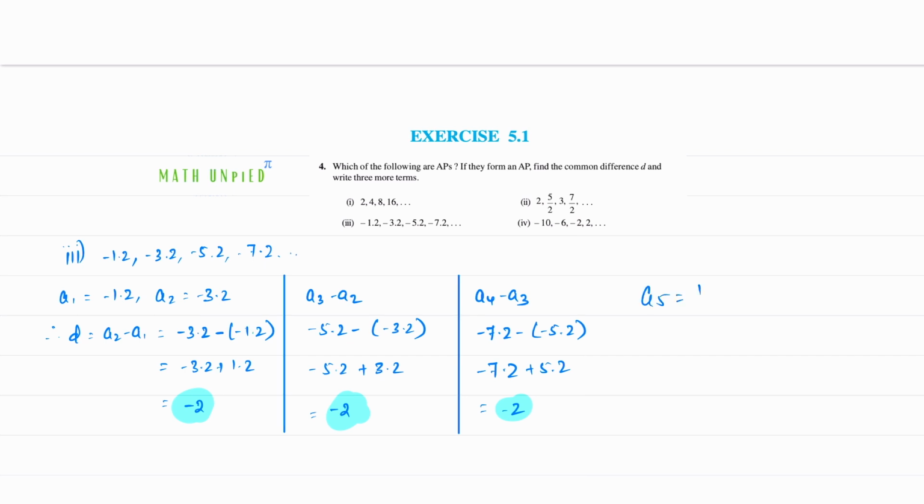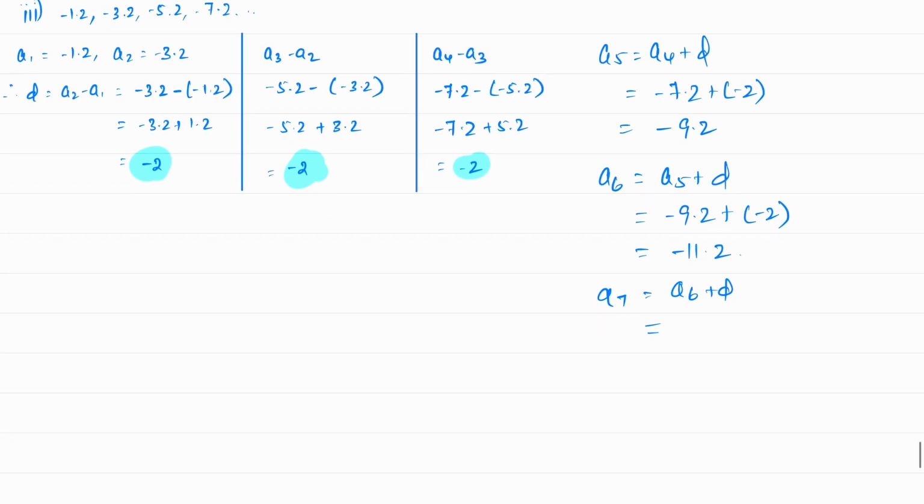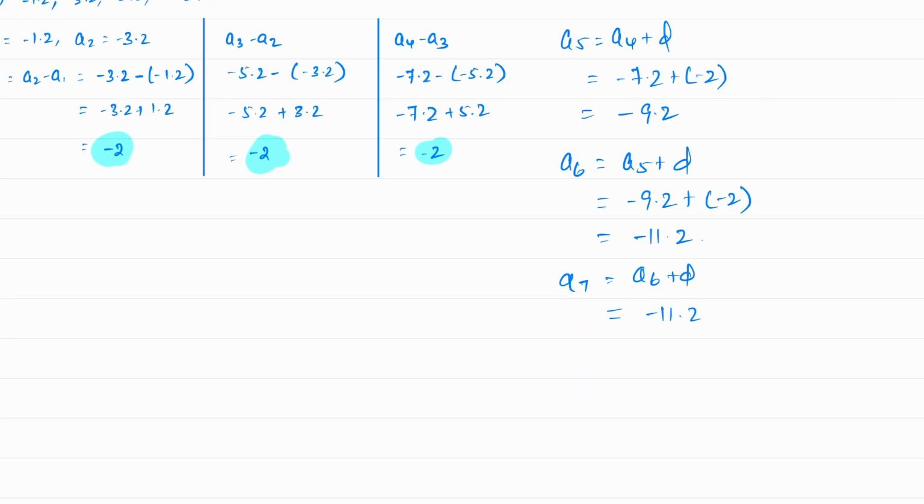A5 equals A4 plus D, which is equal to negative 7.2 plus negative 2, which is equal to negative 9.2. Now A6 equals A5 plus D, which is equal to negative 9.2 plus negative 2, which is equal to negative 11.2. Similarly, A7 equals A6 plus D, which is equal to negative 11.2 plus negative 2, which is equal to negative